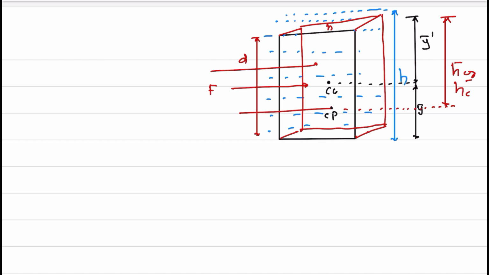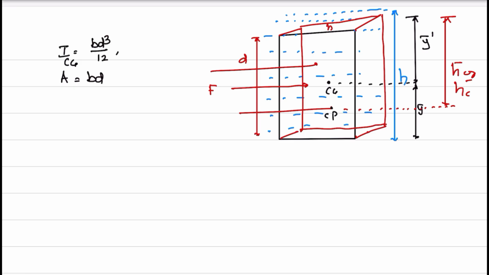Now, from the given cross section, I is calculated: ICG is equal to BD cube by 12 for a rectangle. For other shapes I have already discussed. Once ICG is known, and area is equal to BD as an example,